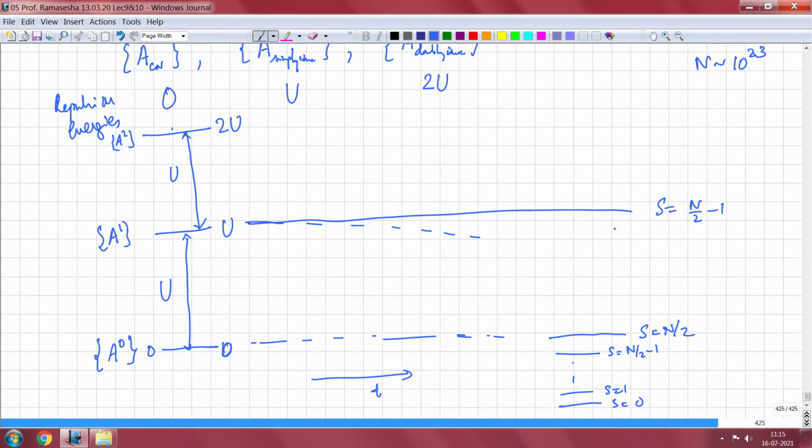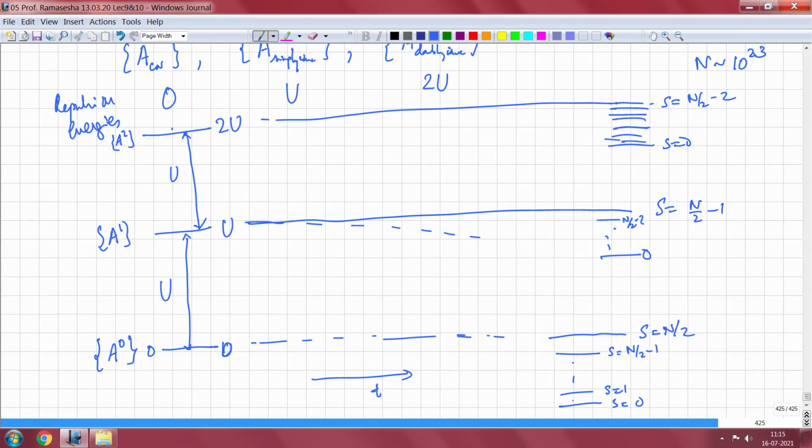So when n is like an Avogadro number, then you just have one pair of doubly ionic sites. You can still say that the number is like n, and we have highest spin n by 2 minus 1, and then n by 2 minus 2, etc., up to 0. And the same thing will happen here, which is a ferromagnetic state. Then S is equal to 0, you have a whole bunch of states.